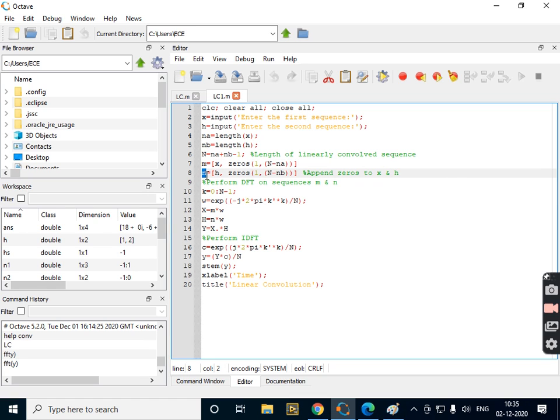And likewise, N will be the zero padded sequence of H. So we'll retain the samples from H and zeros of 1 comma N value is 4 and NB value is 2. So 4 minus 2, 2. It will be zeros of 1 comma 2. So one row, two columns of zeros will be generated by this function, and those two zeros will be appended to H. And now we'll generate an index to be used in twiddle factor matrix, k equals to 0 colon